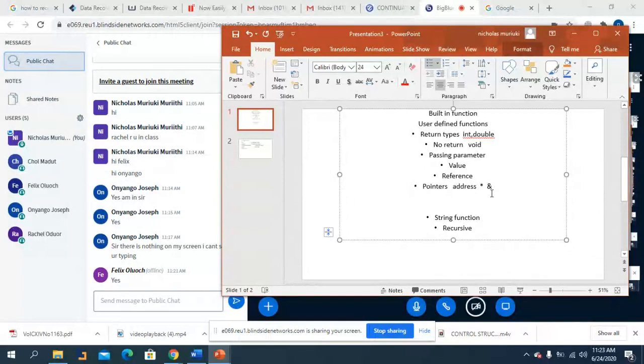But what we have said is that we are supposed now to look at these two things. One of them we have not looked at. We have not looked at these two things: string functions and recursive functions. These questions are mostly examinable when you're talking about string functions and user-defined functions. So when you're revising your notes, make sure that you understand these topics that we have on user-defined functions